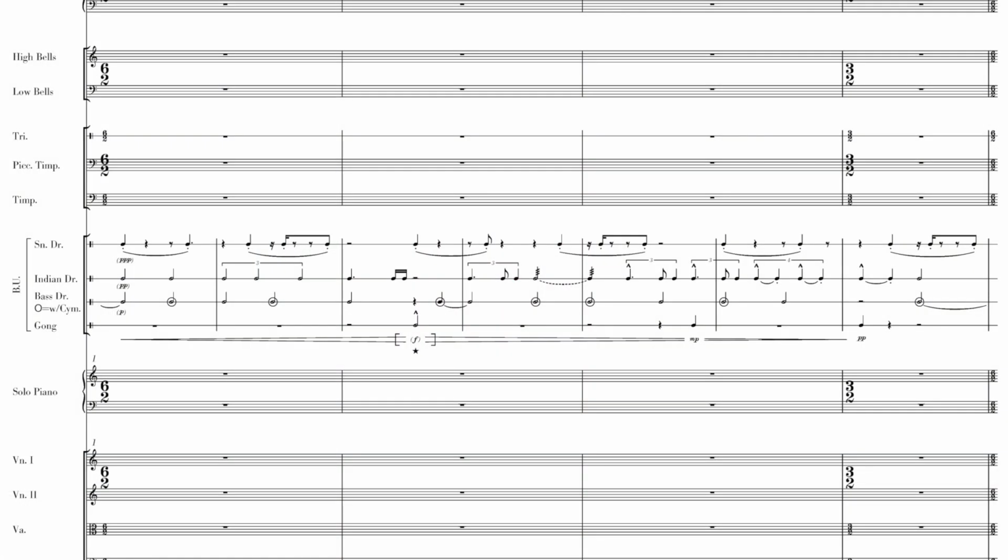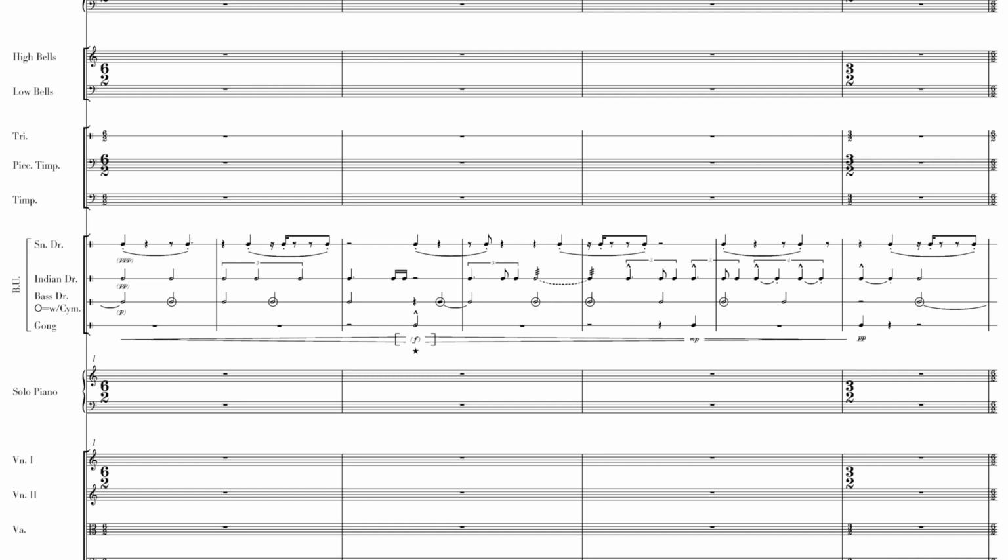So here we see the second page of the fourth movement, which has an almost complete statement of the 7-measure cycle of the BU. It's complete except for a hiccup in the snare drum, which we discussed previously. But notice what the Indian drum is doing. It just has a little bit of an increase in energy in the 5th and 6th measures with these triplets and this quartuplet. But other than that, it's keeping with the character of the rest of the BU music.